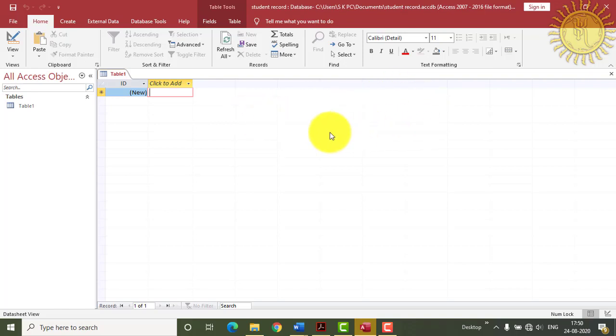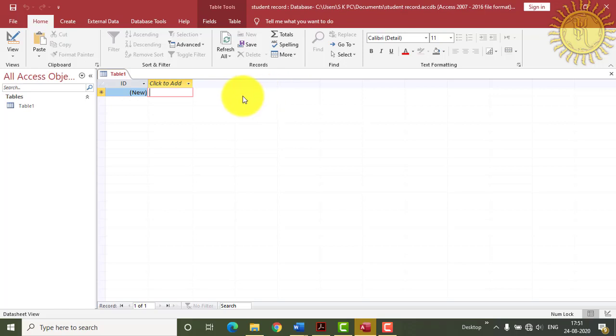When you create a new database, MS Access automatically opens a new table in datasheet view. When we click on this datasheet view, you can see this is your datasheet view. In this, MS Access automatically names the first field as ID. But we can change this ID name and also we can add new fields in this.